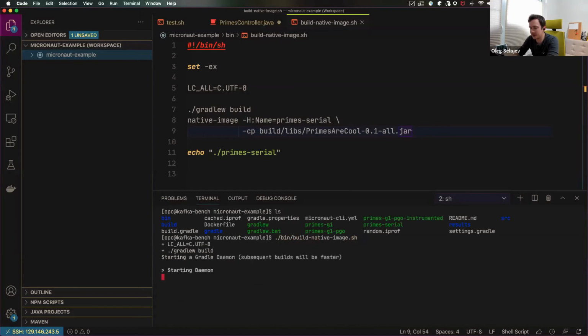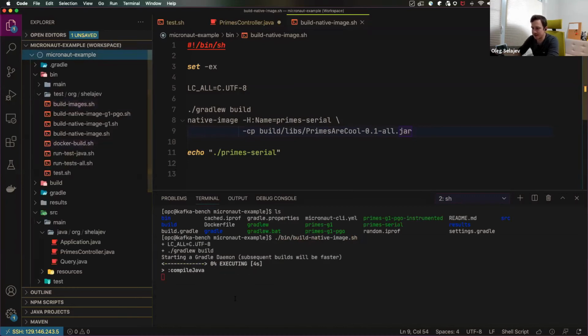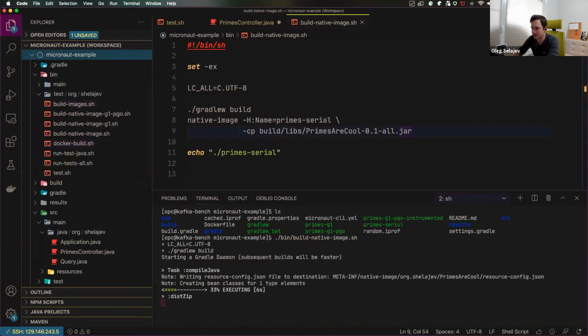I will run it. It will take just a few moments, right? While it runs, it needs to start Gradle, it needs to start your application and everything. I'm going to show you what we're going to build next, right? So after building the native image, one thing that you can do is you can use the